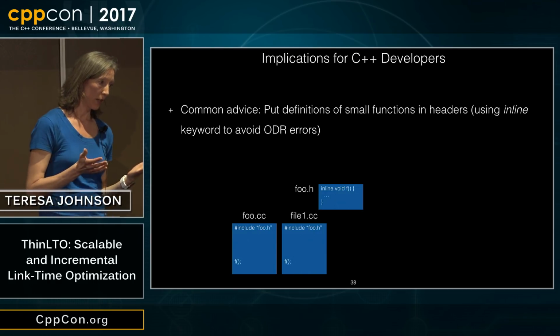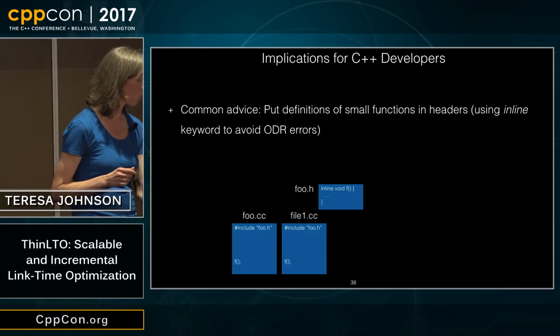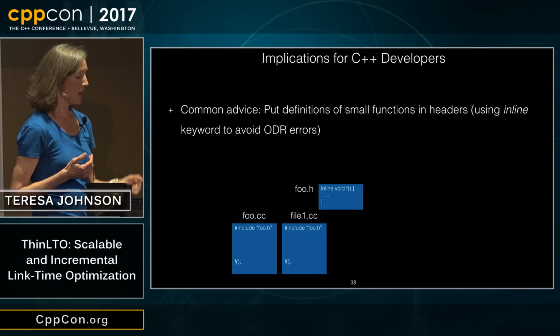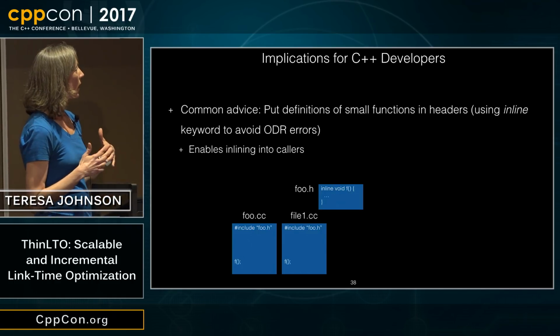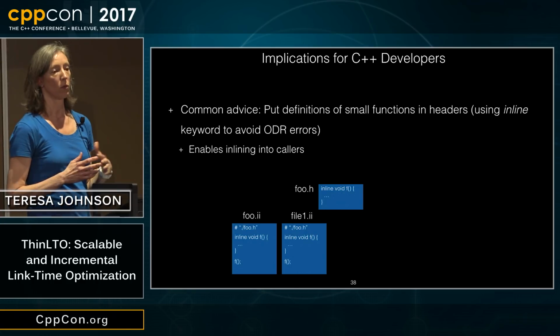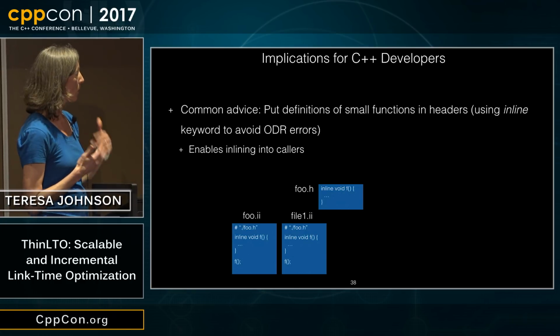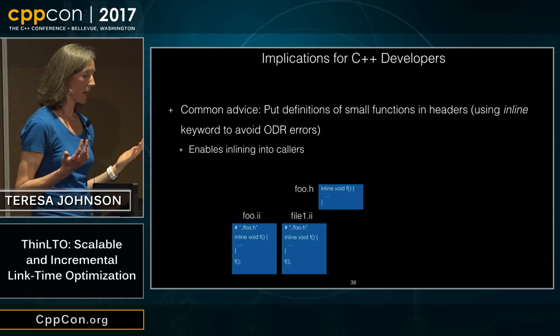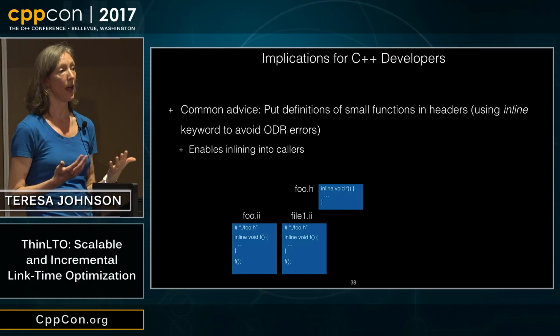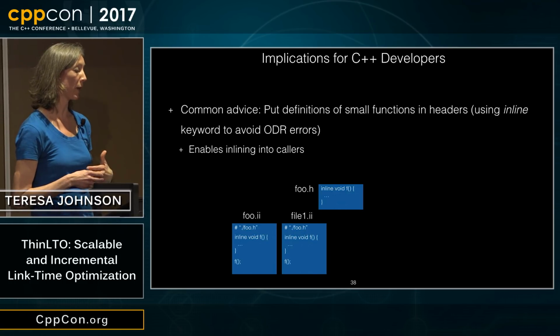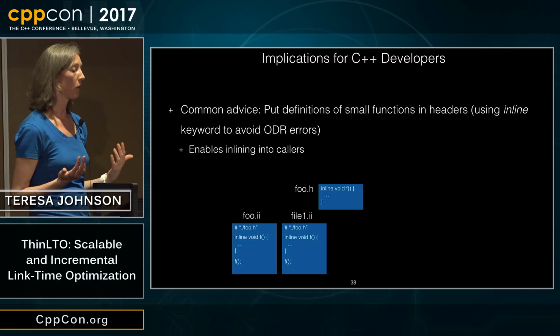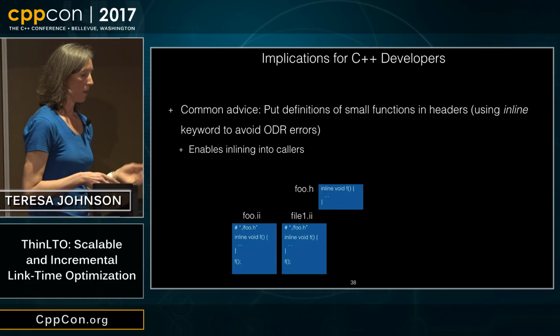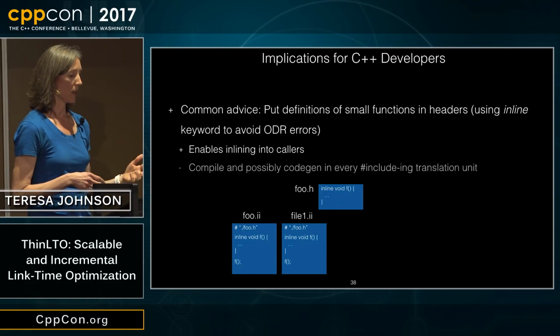But anyway, it's called the inline keyword, and you put it on the function when you move it into the header. And now what happens is, after preprocessing, you end up with a copy in every single call site, and now the compiler can inline it when it decides that it's profitable. And if it's small, the compiler is likely to inline it. The disadvantage of this is that any